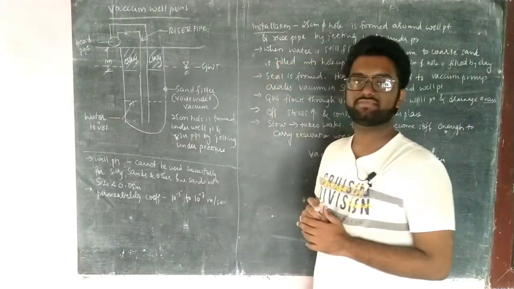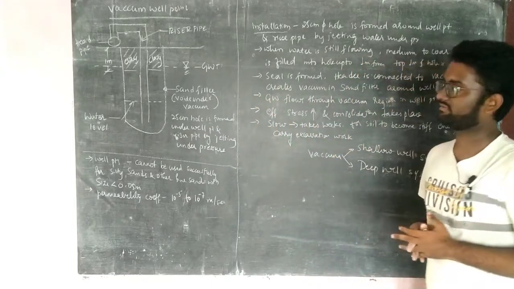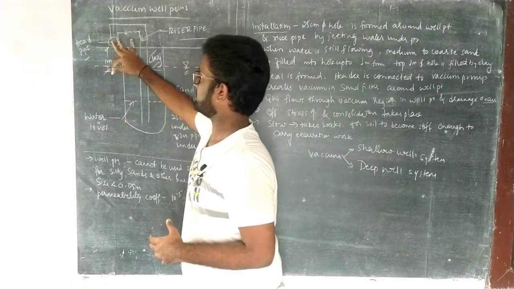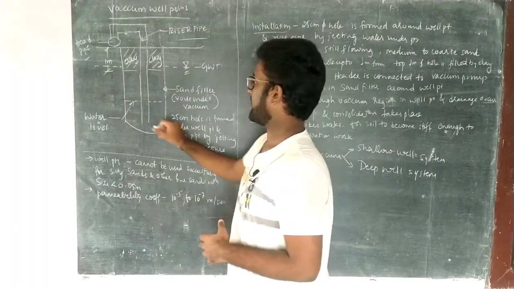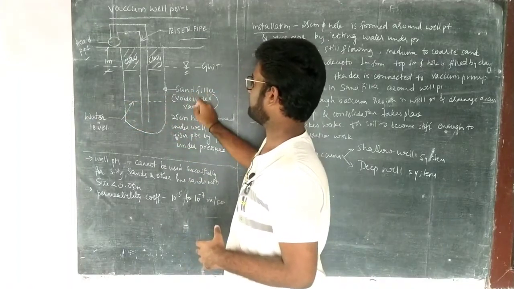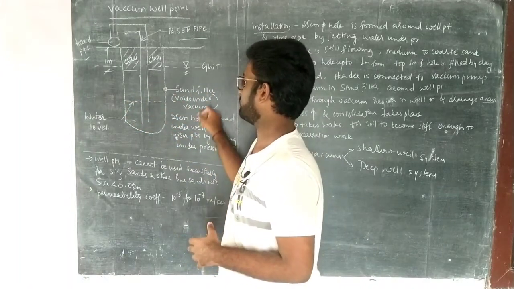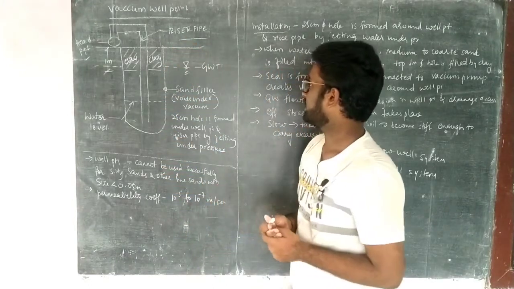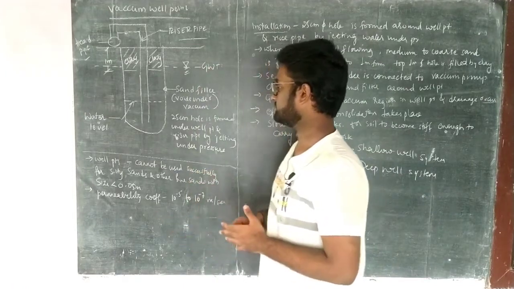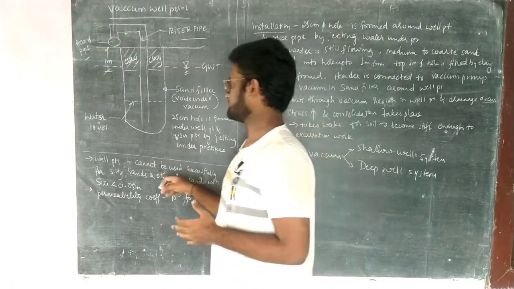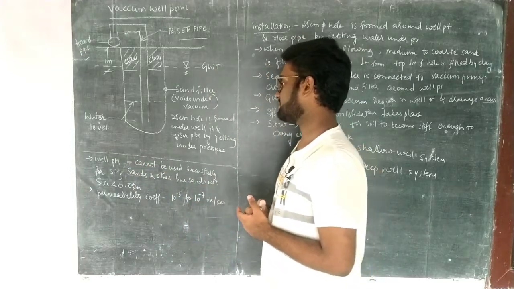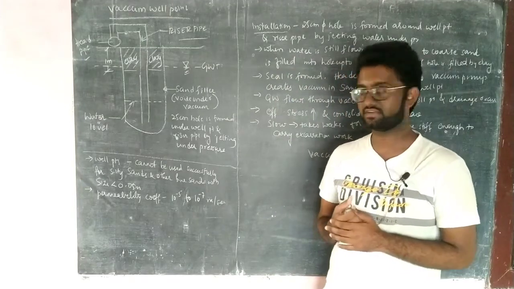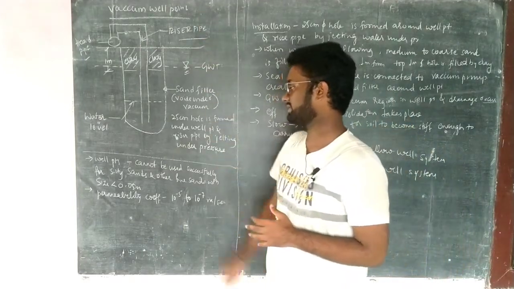So what is this vacuum well point? What happens in this vacuum well point? We'll discuss here. This is a riser pipe, this is the header pipe, and the clay is excavated up to 1 meter, and the water level is at the downward end, and the sand filter is there in this condition, and voids are in the vacuum condition. So 25 centimeter of the well point is being dug here, and this is the groundwater table as you have seen here. What it states is well points cannot be used successfully for the silty sands which are having the size of less than 0.05 meter. Because of that, vacuum well points are being installed.